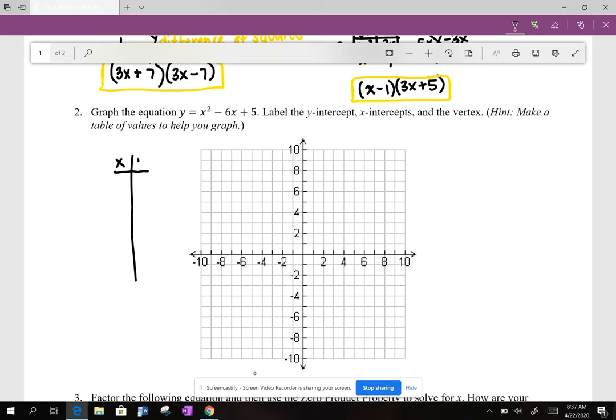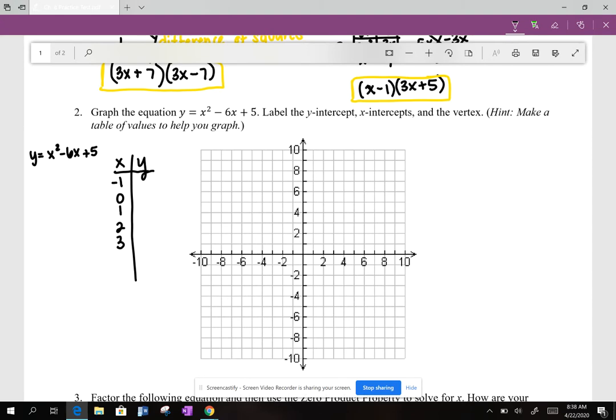Sometimes it's good to get negative values of x in our table. So let's start with -2. Let's start with -1. And let's go out to like 3 and see where that gets us. Remember that to get the y values, you have to plug in x into the original expression. So I'm going to take y equals x squared minus 6x plus 5, and I'm going to plug in a